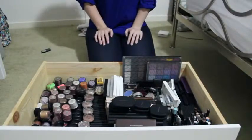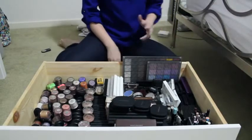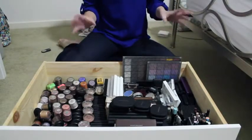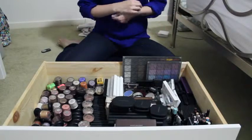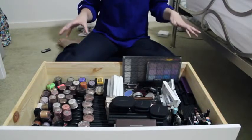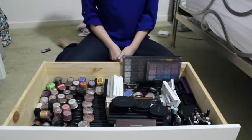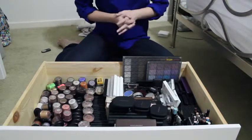There is a lot of product in here. The way I'm going to go about this is I'm actually just going to take out things that I know I don't need anymore or don't use anymore, and I'm going to get rid of those, and then I'll start taking things out and comparing colours and things like that. So, to start out with,